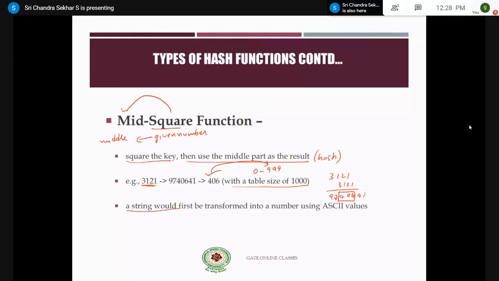What happens if you have a string? This is a direct integer, therefore you are squaring it. What happens if you have a string, for example, A, B, C we have? What you will do is,